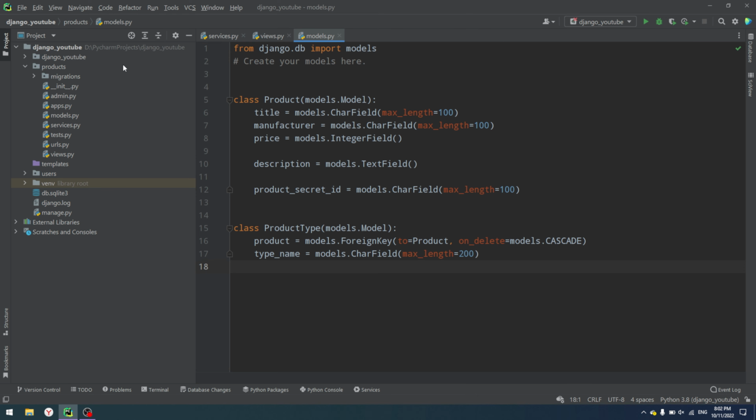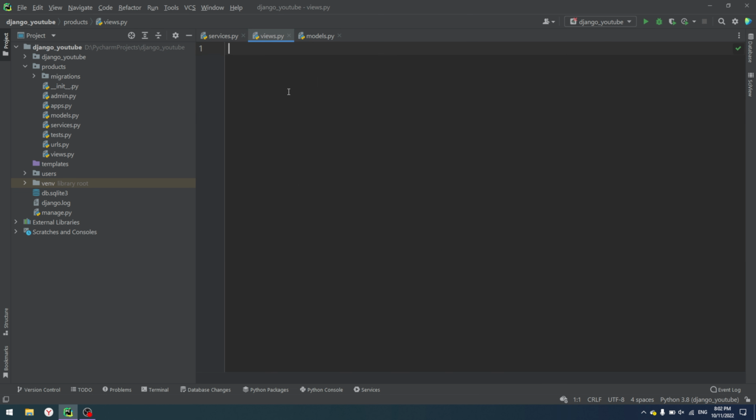So imagine that you have an app in Django, and I think it goes without saying that you should be able to program in Django in order to talk about services, because that topic is much more advanced. So we have an application called products in my Django YouTube application, and then we have product and product type models. So we go to views, and if you want to have a view that, for example, creates our product,